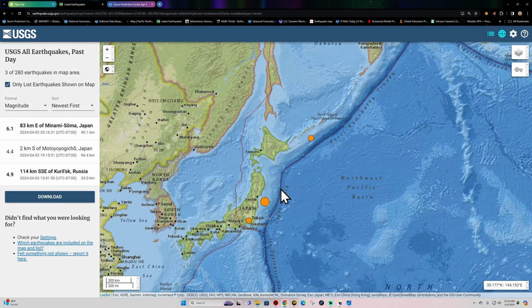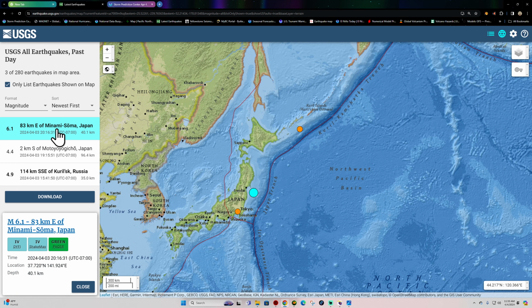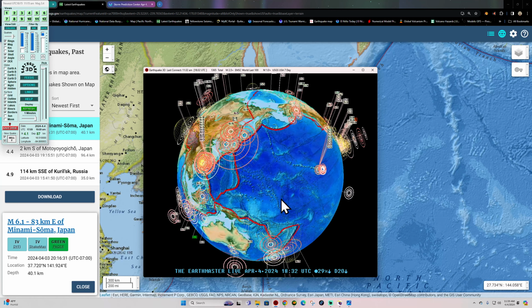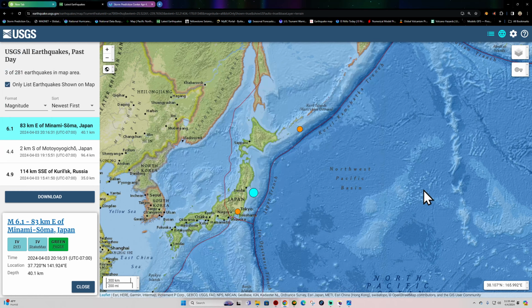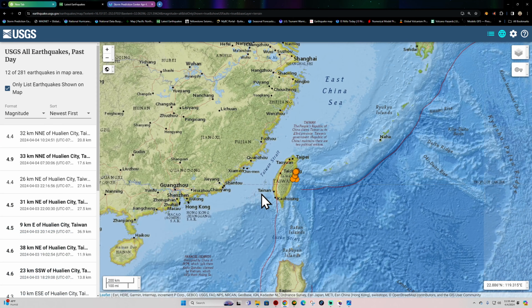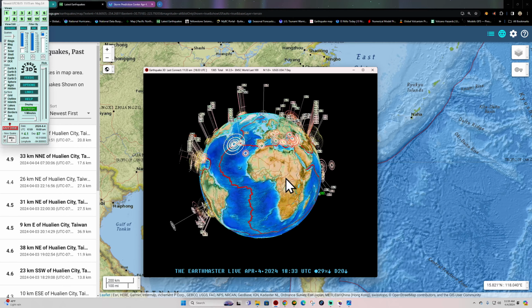Up here in Japan, the latest quake in this area looks like that's going to be the 6.1 from last night or yesterday, late afternoon time period. That's a decent earthquake. It doesn't look like we've seen anything further, though, following that quake. Really not seeing any aftershocks up here. The Taiwan area still seeing some movement with a little bit of aftershock activity south here. Looks like at least 2 earthquakes here, 4.9 and a 4.4 today so far. I'm sure there's some smaller quake activity out here, but not showing up on the USGS map.